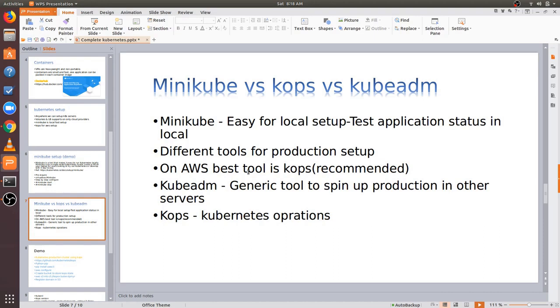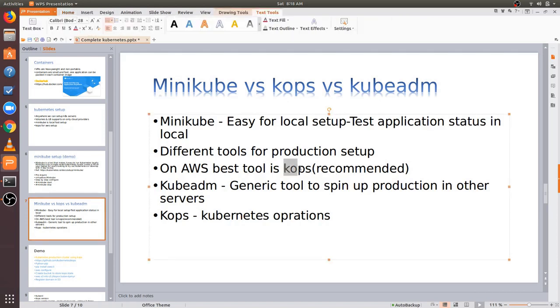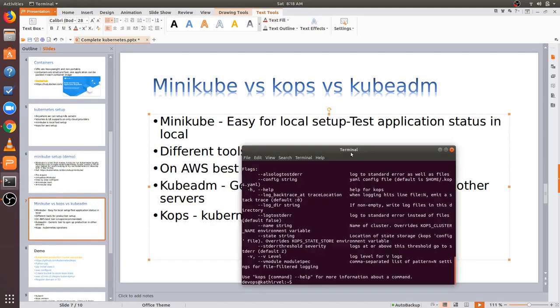But AWS gives a tool, Kops, which we can use to create our Kubernetes cluster. So to start with our demo, let's go to